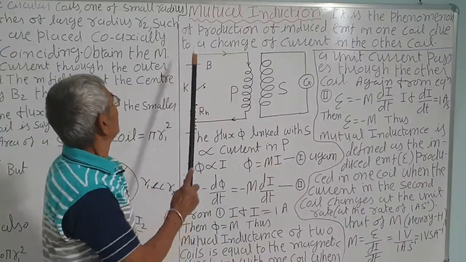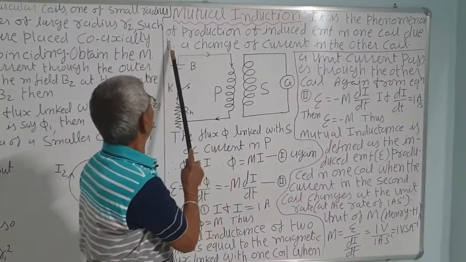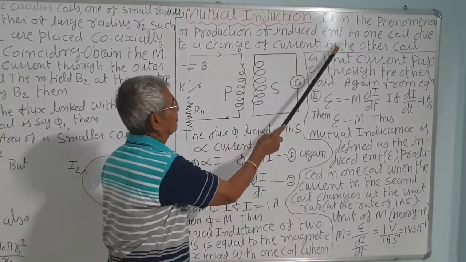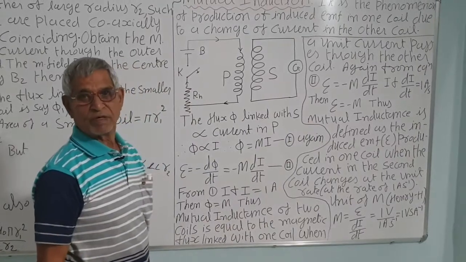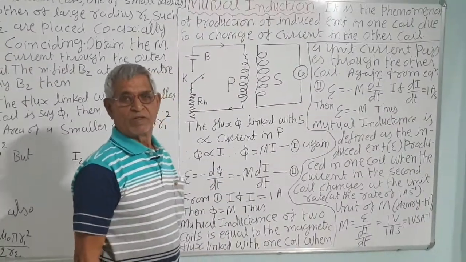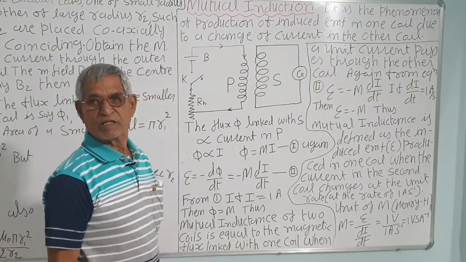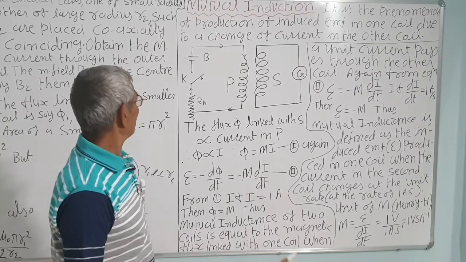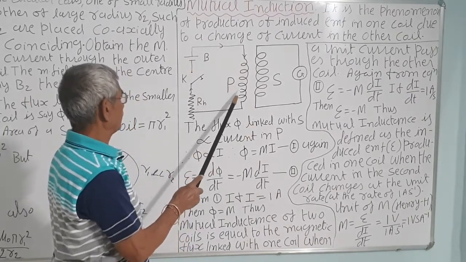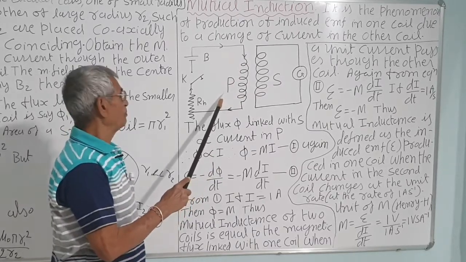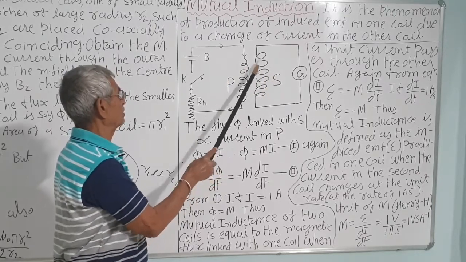Next, the mutual induction. Let us see this phenomenon. It is the phenomenon of production of induced EMF in one coil due to the change of current in the other coil. We know that induced EMF is produced in the coil itself or a nearby coil whenever there is a change in the magnetic flux linked with the coil, according to Faraday's first law. So we consider this one coil, let us call it the primary coil P. This is the second coil, the secondary coil,